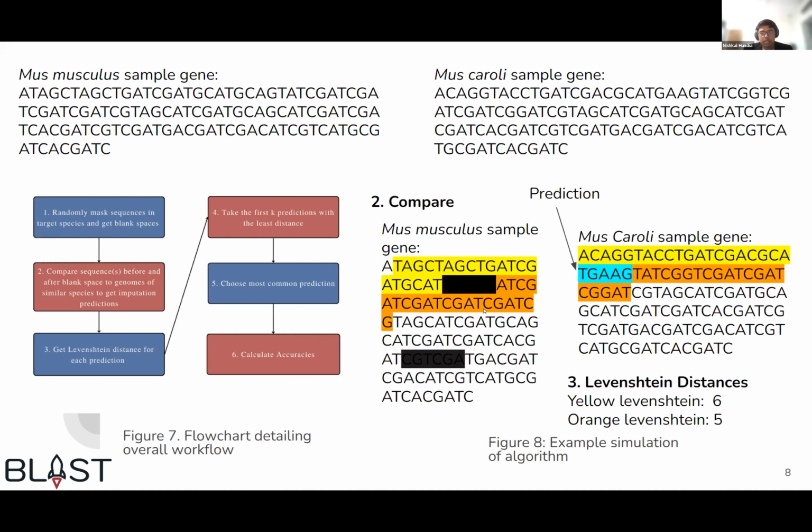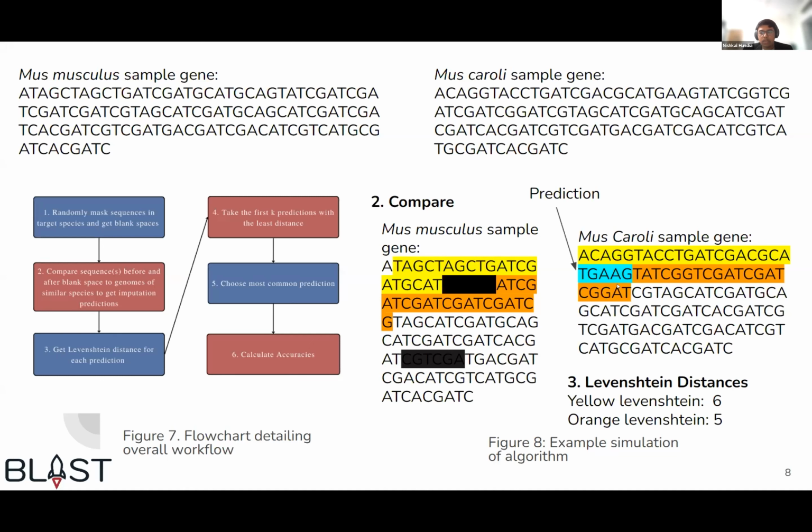So over here, as you can see in the Mus musculus sample, we've taken a sequence of characters before the blank space as well as a sequence of characters after the blank space, which we will be comparing to the Mus caroli sample to get predictions. We'll compare this to every single possible set in which we have 20 characters before the blank space and 20 characters after the blank space in the caroli sample,